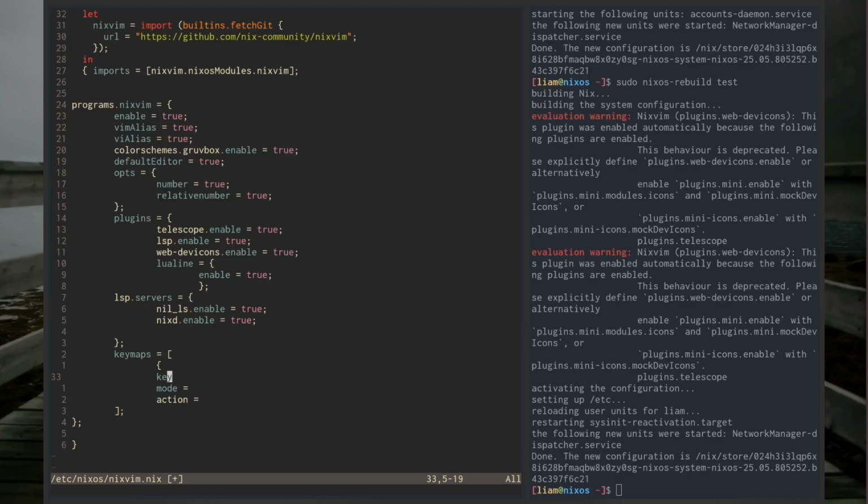and then it's pretty easy. So you can do quotes. Let's say leader, and we'll do F, and we'll do that in normal mode, and let's say that opens, I think you do it in quotes, like this, telescope find files. We didn't do leader, so at the top here we'll do, you can define them up here,